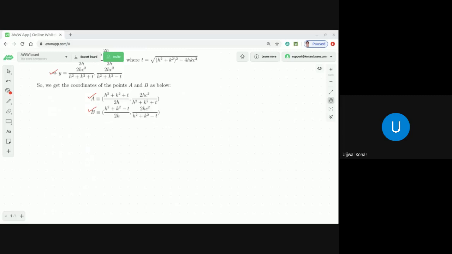From there, if you look into equation 1, we need to apply it here: 1 plus M1 M2, we need to find that one. So what we get is that,